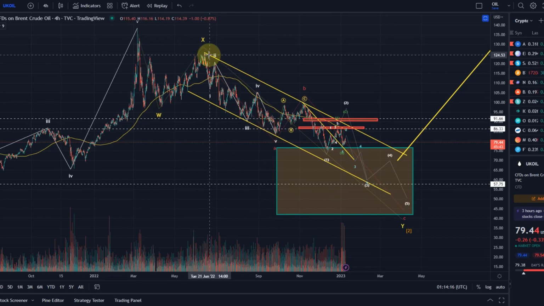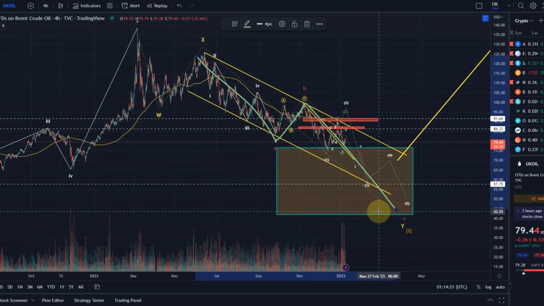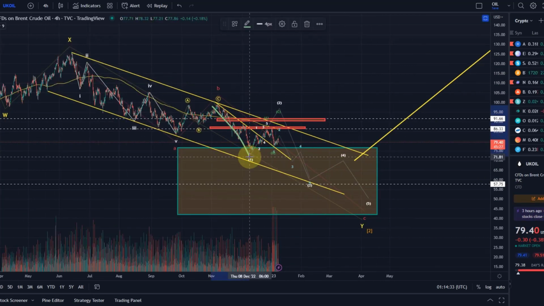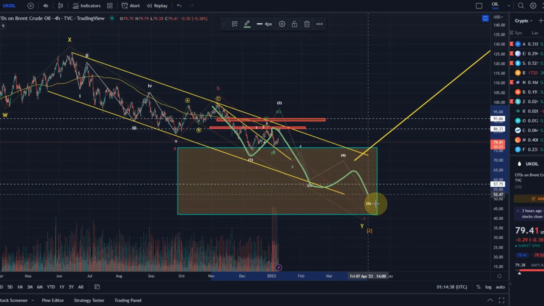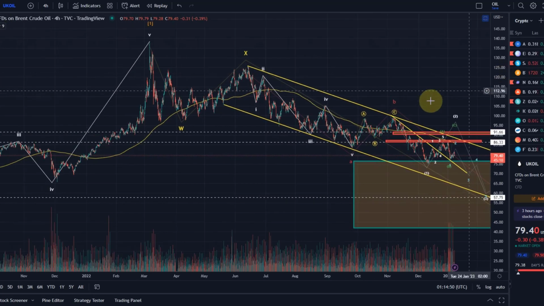Now then, in this Y wave we moved down in an A wave, we moved up in a B wave, and are now coming down in a C wave. The C wave would be a 5-wave move, which already indicates that we should get some more downside here. That is still my primary expectation. In the wave C, it looks to me that we have completed already a wave 1. We might have completed now the wave 2, and we are heading down in a third wave next. There will be a fourth and a fifth, and we might end somewhere below $50 or in the region between 40 and 55 maybe. I'll be able to specify that a bit further as we get closer.